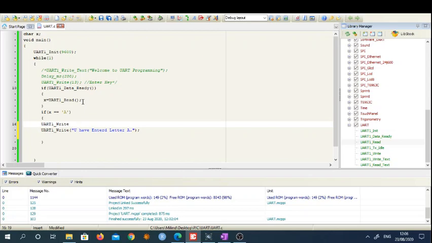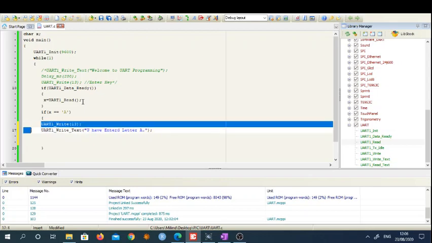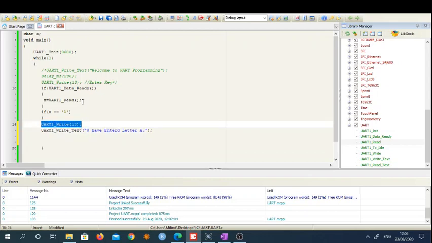And here I have to enter a value. In this write command I have to type 13, that is the enter key. So after the enter key I am entering this particular text, then I will wait for some time. Or I will enter one more enter key so that it looks nice. So I will copy this, go to the end, hit enter, and copy it again.